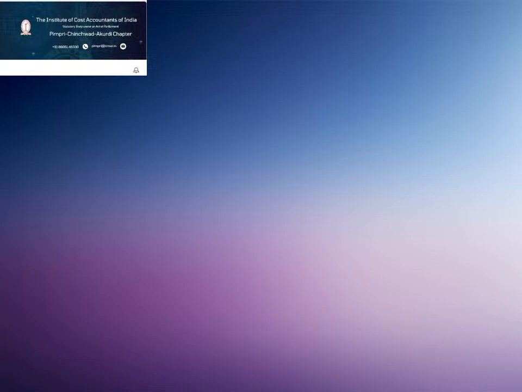Format cell का option रहता है, right click it, you will find format cell. See, format cell. Okay, format cell में यहाँ पर है नंबर,